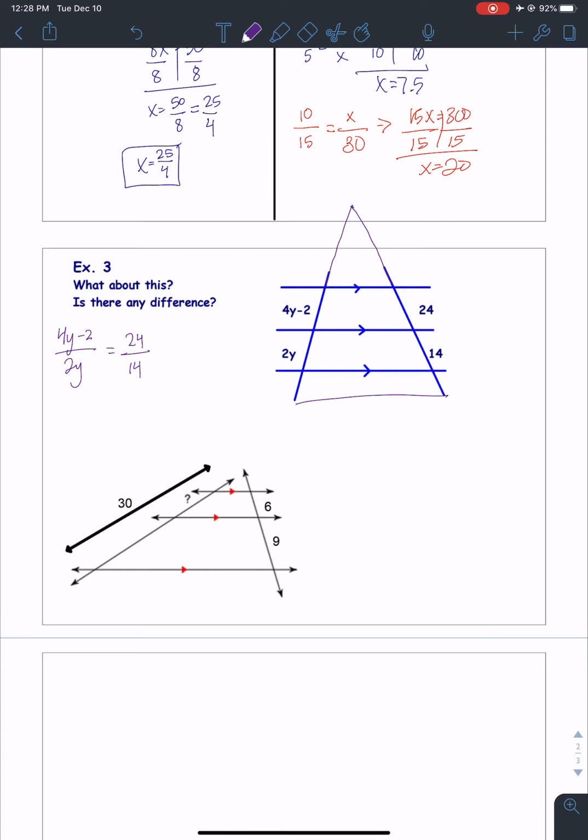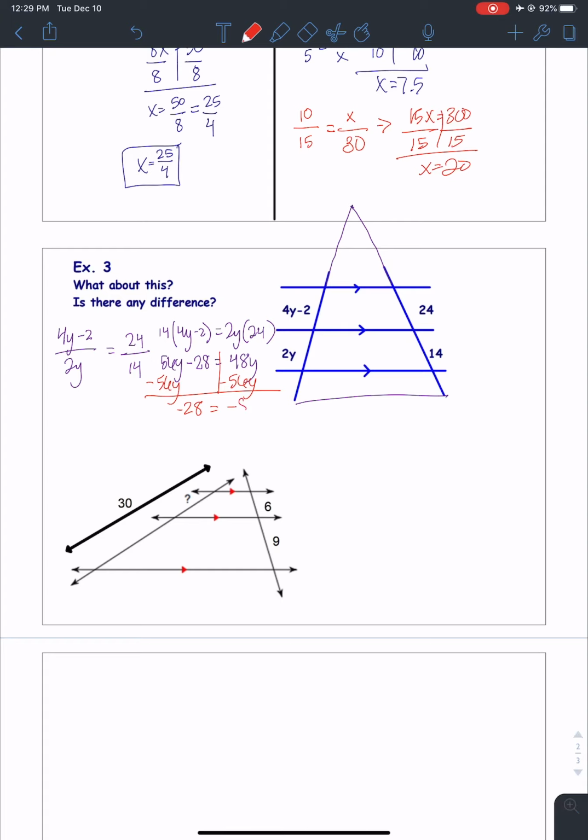So we're going to do the same thing that we've been doing, is cross multiply and solve. So I get 14 times 4y minus 2 is equal to 2y times 24. So 14 times 4y minus 2, 14 times 4 is going to be 56y minus 28 equals 48y. So I'm going to change colors as I change my step here. I'm going to subtract 56y from this side and that side, and I get minus 28 is equal to 48 minus 56. So that's going to leave us